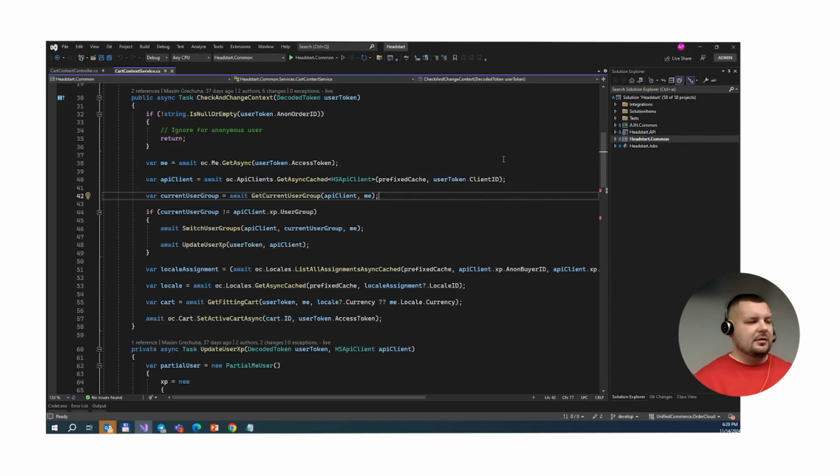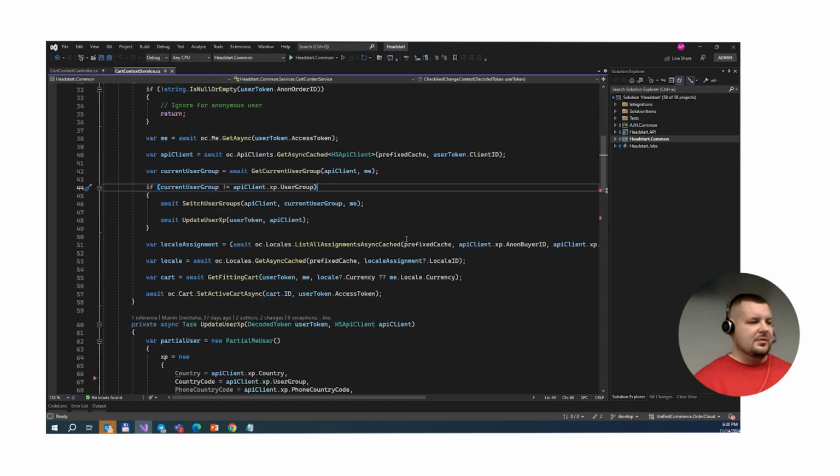Then we're trying to fetch the API client's existing user tokens, and we're trying to get the current user group according to the API client and customer me data, comparing if the current user group is the same as what we have configured for the API client for the storefront. If it's not equal, then we are switching our users, doing some sort of updates,